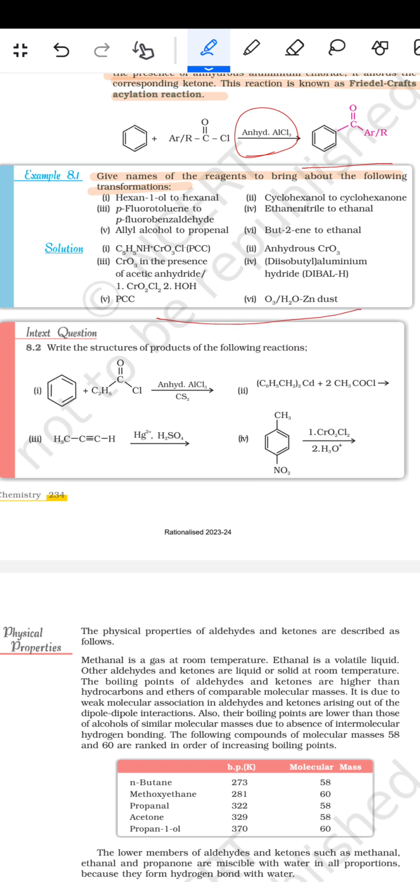तो इसके लिए ये सब दिए हुए हैं। तो पहला हेक्सेन-1-ऑल से हेक्सेनल बनाने के लिए C5H5NH+CrO3Cl- यानी PCC कर देंगे। फिर दूसरा साइक्लोहेक्सेनॉल टू द साइक्लोहेक्सेनॉन बनाने के लिए एनहाइड्रस CrO3 कर देंगे। फिर पैराफ्लोरोटोलिन टू द पैराफ्लोरोबेंजोएल्डिहाइड बनाने के लिए CrO3 इन द प्रेजेंस ऑफ द एसिटिक एनहाइड्राइड या CrO2Cl2 और H2O कर देंगे। फिर उसके बाद इथेन नाइट्राइल टू द इथेनल के लिए DIBAL-H यानी डाइसोब्यूटाइल एल्युमिनियम हाइड्राइड।